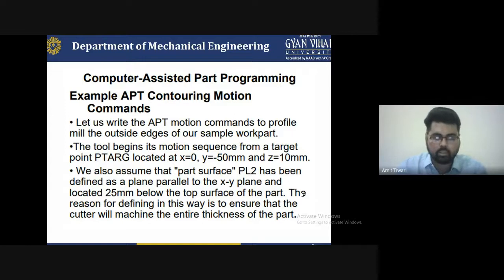At that time we have to understand this type of problem, that the surface has been allocated to change in the XY plane and YZ plane. These are some problems that will be calculated or absorbed by the quality surface we are operating. So we can simply say it is automatic part programming, the tool motion command to provide the mill outside the edge over the small workpiece.